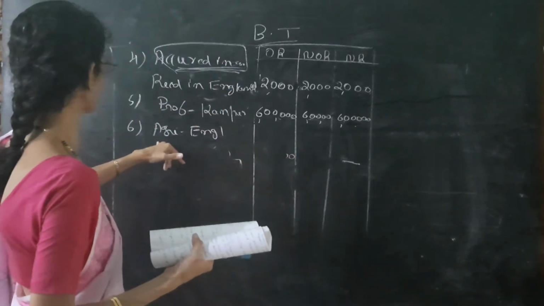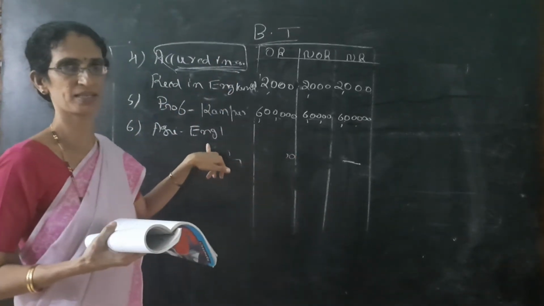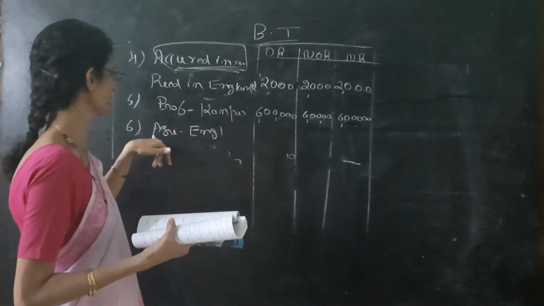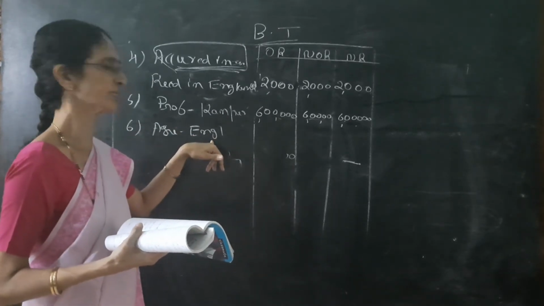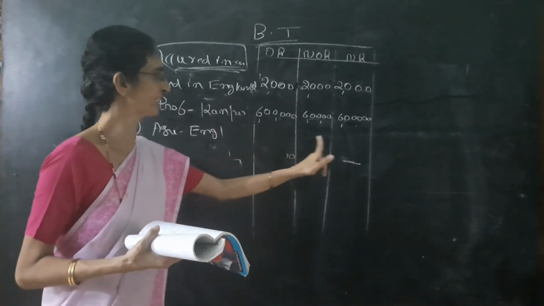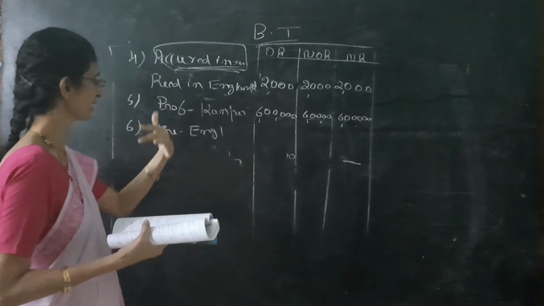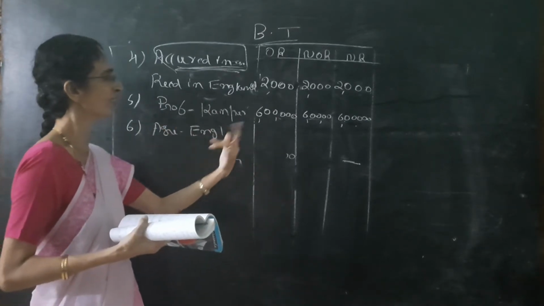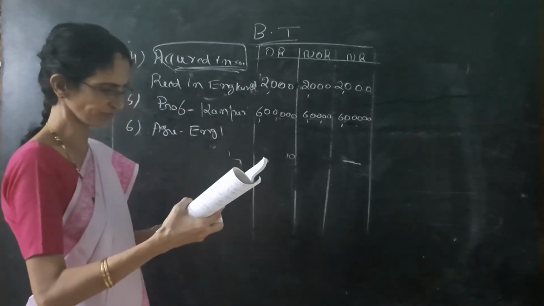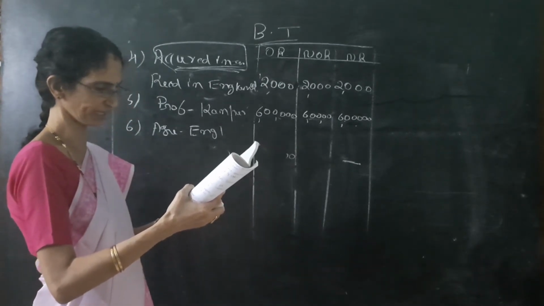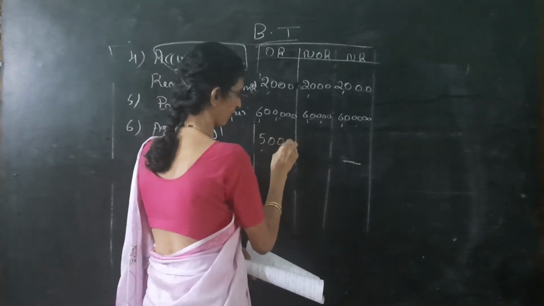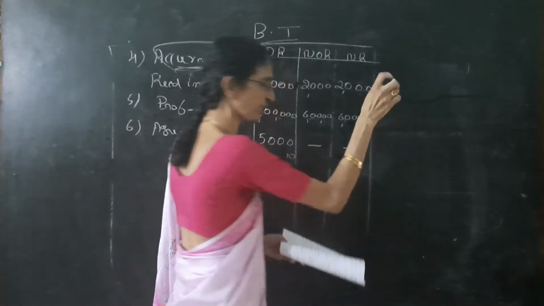So it is agricultural income of the foreign country. Agricultural income of the foreign country means just refer the format. First column yes, next two columns dash dash. If the agricultural income is from India, then three columns dash dash dash. So foreign income, agriculture from England. It is given 5,000. So we have to write first column 5,000, next two columns dash dash.